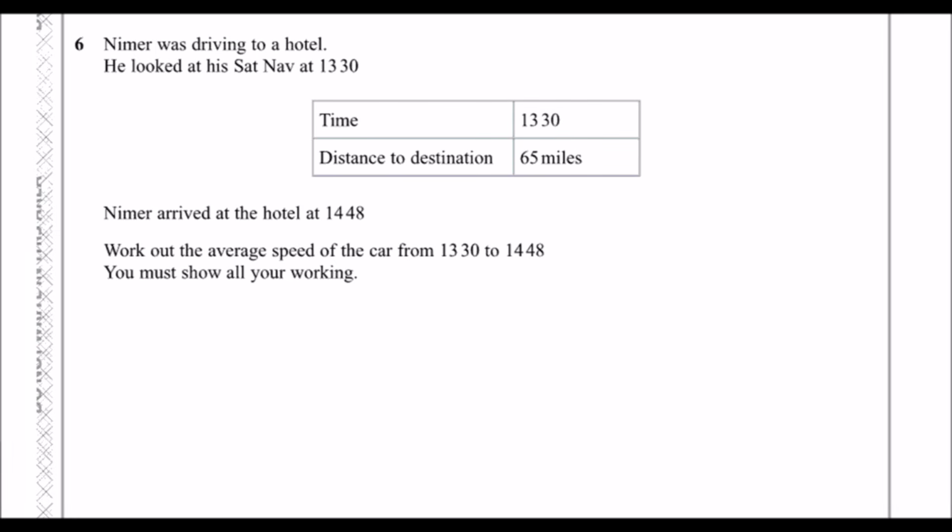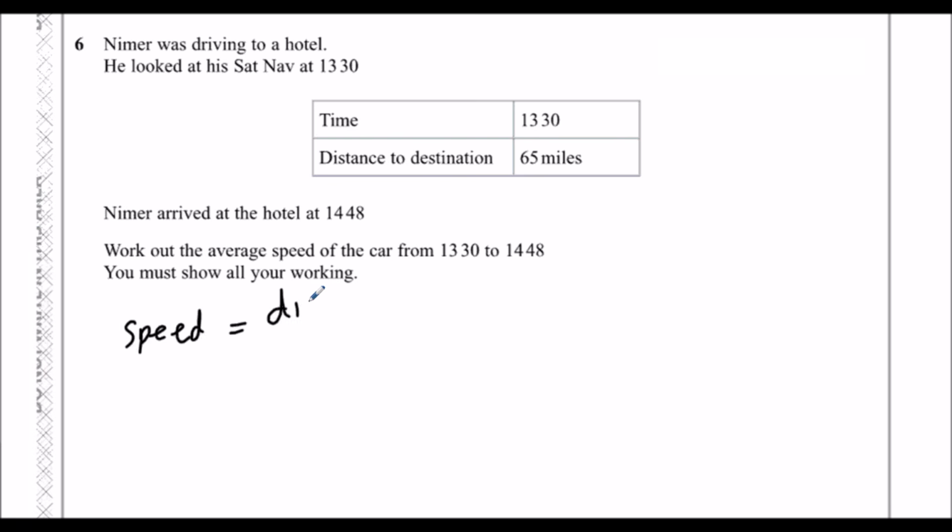Question 6. Nima was driving to a hotel. He looked at his sat-nav at 13:30. So distance to destination 65 miles. Nima arrived at the hotel at 14:48. Work out the average speed of the car from 13:30 to 14:48. So speed